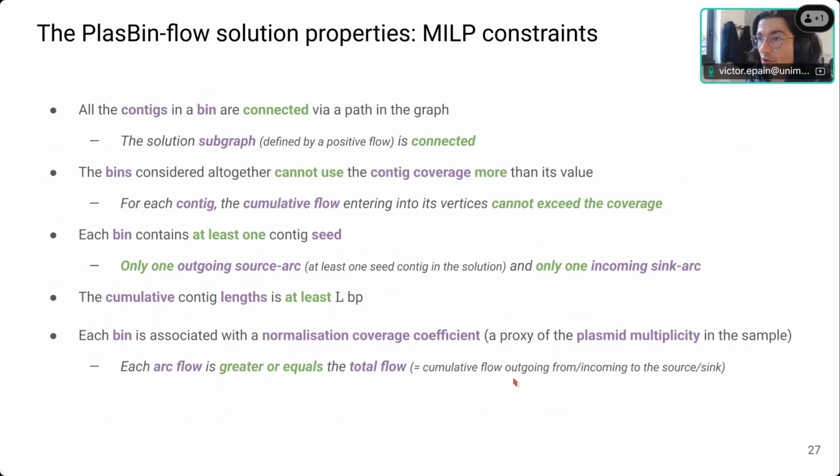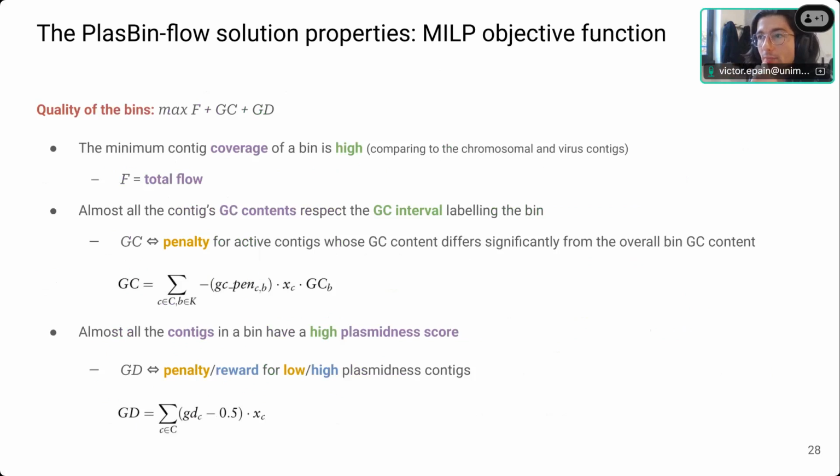So I will not go further into these details. It was just to illustrate how technically they ensure some properties, without giving too much math because it's not really useful. If you want to go further into the details, you can stop the video here. Perhaps here it's quite important, because I gave you some bin properties and also some qualities of the bins, but it's not so easy to ensure these properties. Here we can just model the things with one objective, and so all these qualities are merged together.